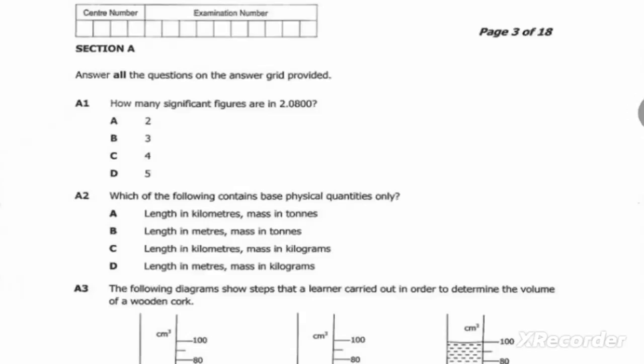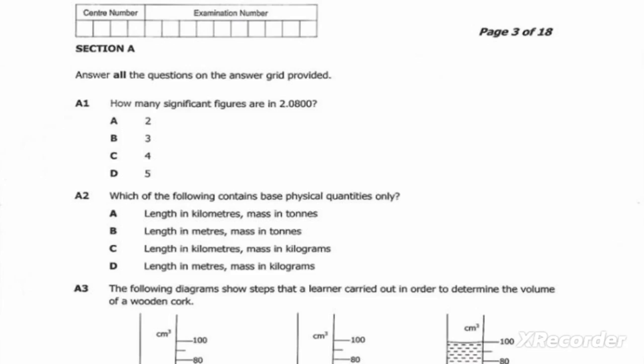In this video, we are going to answer question A1, and this question is coming from Science Paper 1, 2020. Question A1 reads, how many significant figures are in 2.0800? Okay, so to answer this question, the first thing that we are going to do is